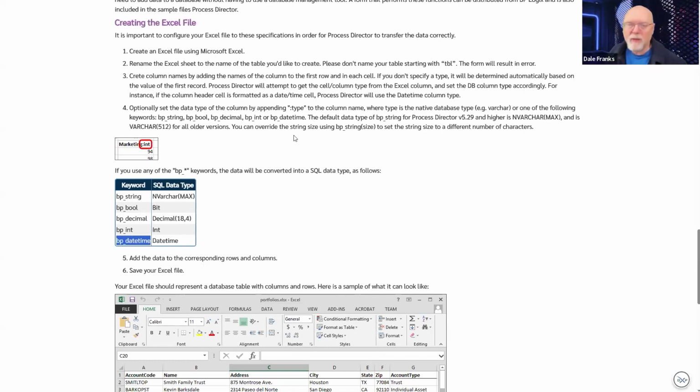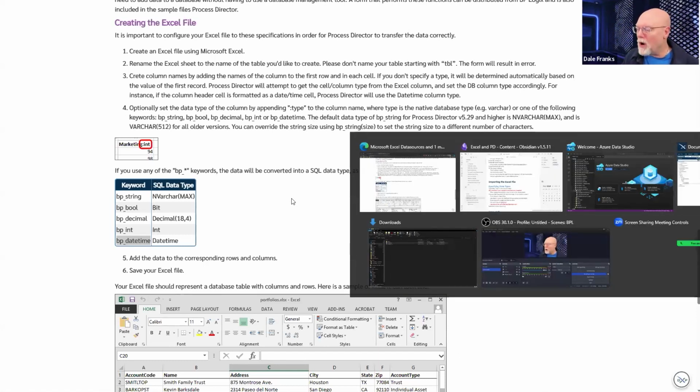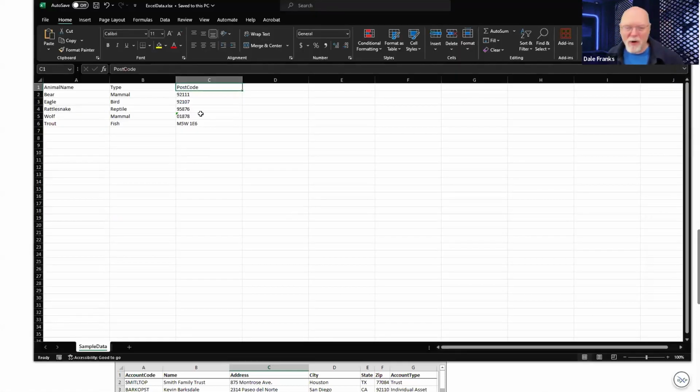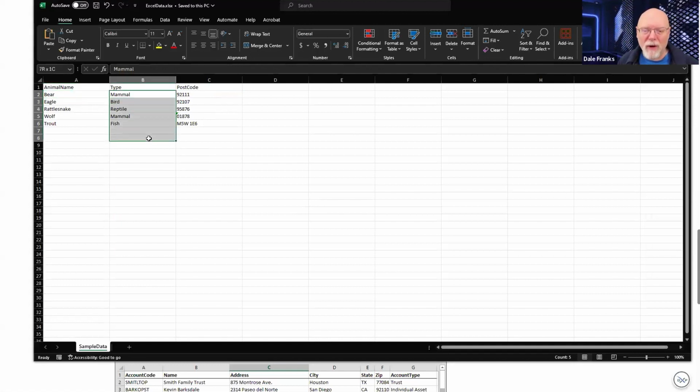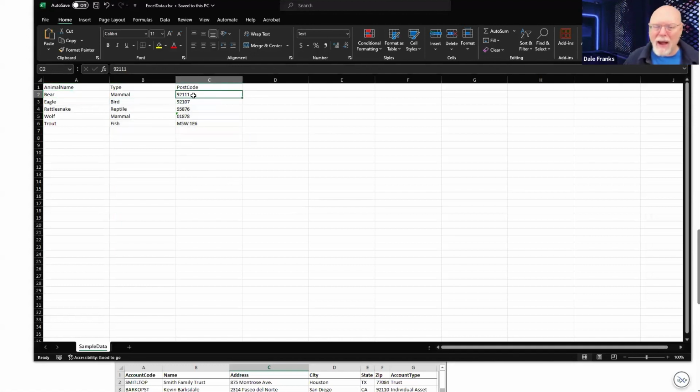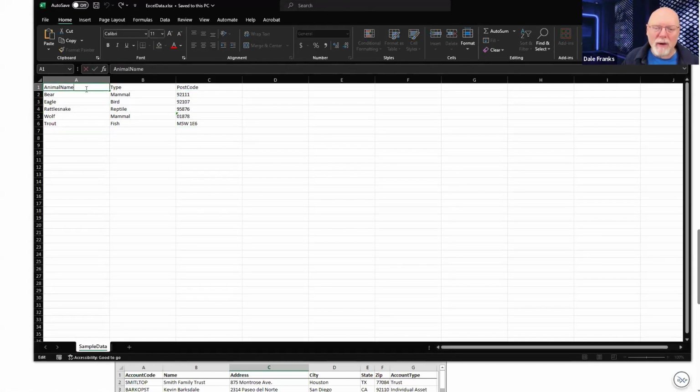In our case, we want all of these fields to be string fields, right? So we can go back to our Excel data. I'm getting more and more stuff open. Well, there's actually three things that we want to do. I don't like the fact that these are nvarchar-max fields, and this is going to end up being an nvarchar-max field if I don't fix it. So I don't want that to happen. They're all going to be string fields. So I need to put a colon,